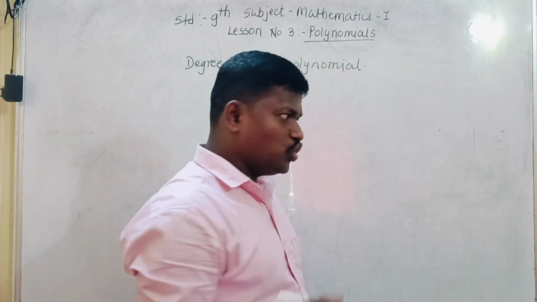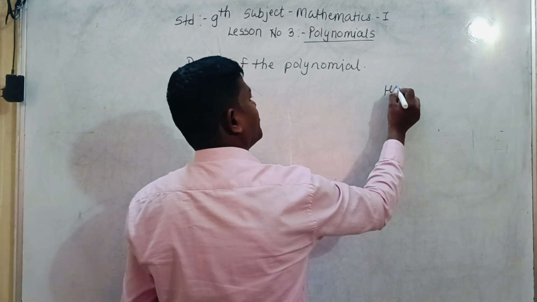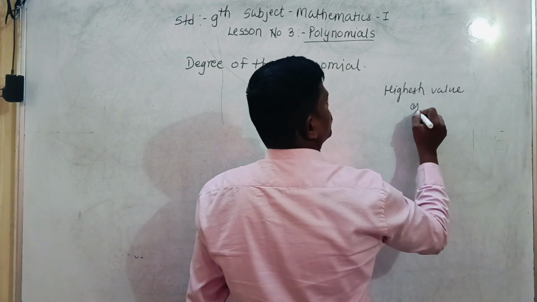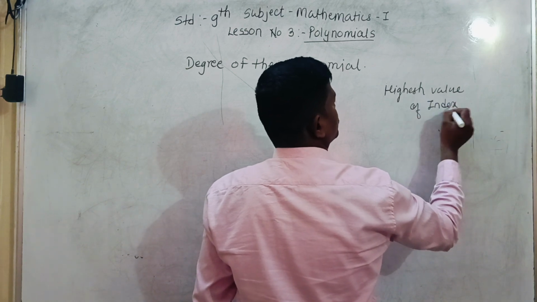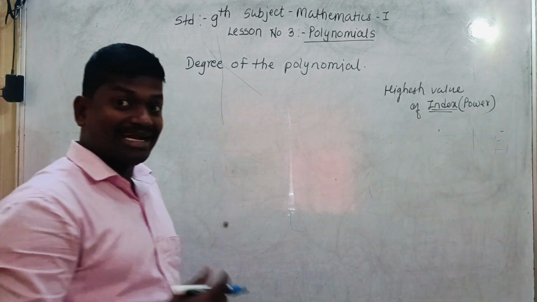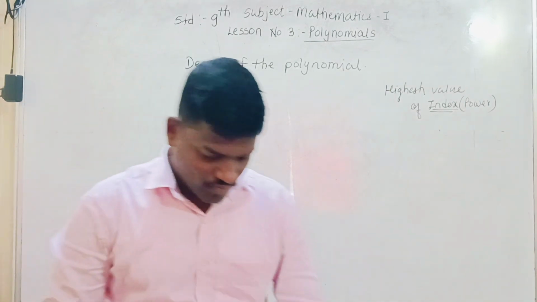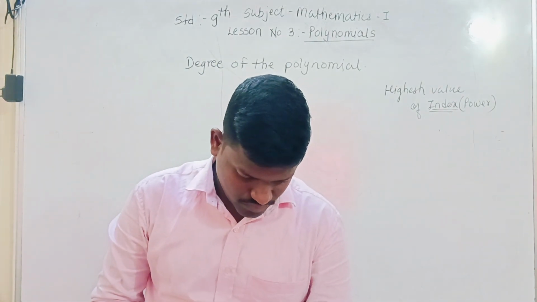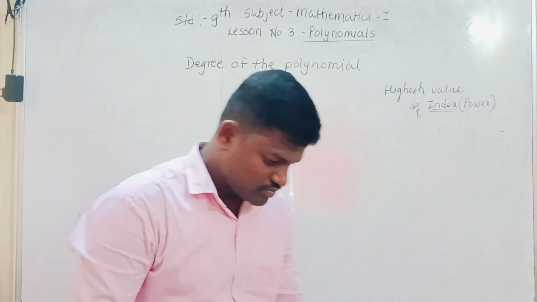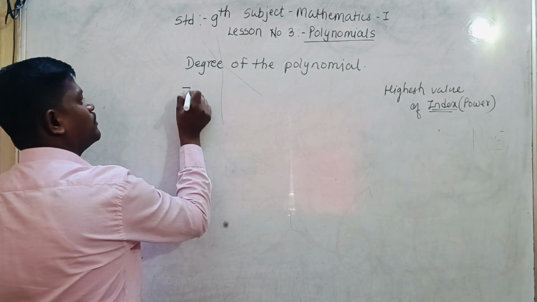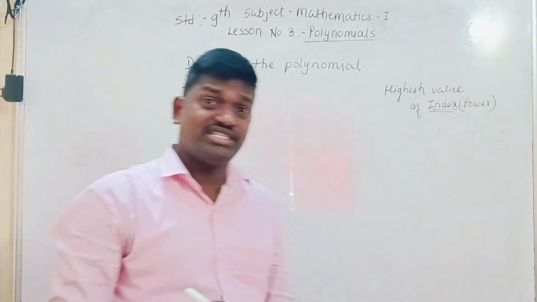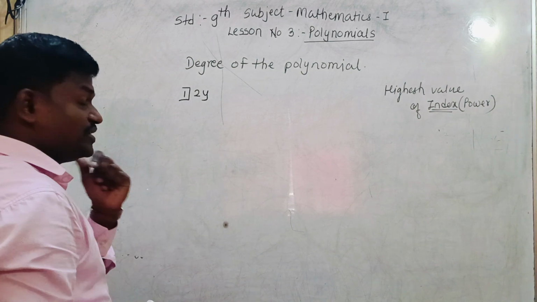Degree of the polynomial means the highest value of the index, that is the power. See, so the first question is 2y. Check the values